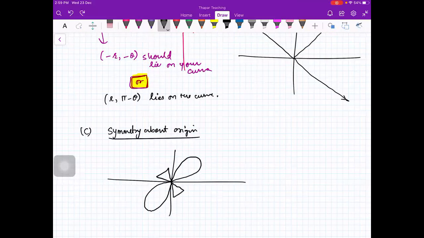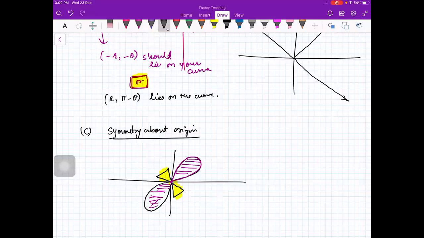Please explain symmetry about origin once more. Symmetry about origin means the first quadrant will be the same as the third quadrant, because if you just place a mirror at the origin, like if it were possible to create a mirror that is a single line, we should get exactly the same first and third quadrant, and second and fourth quadrant. Did you get it? That is the meaning of symmetry about origin.